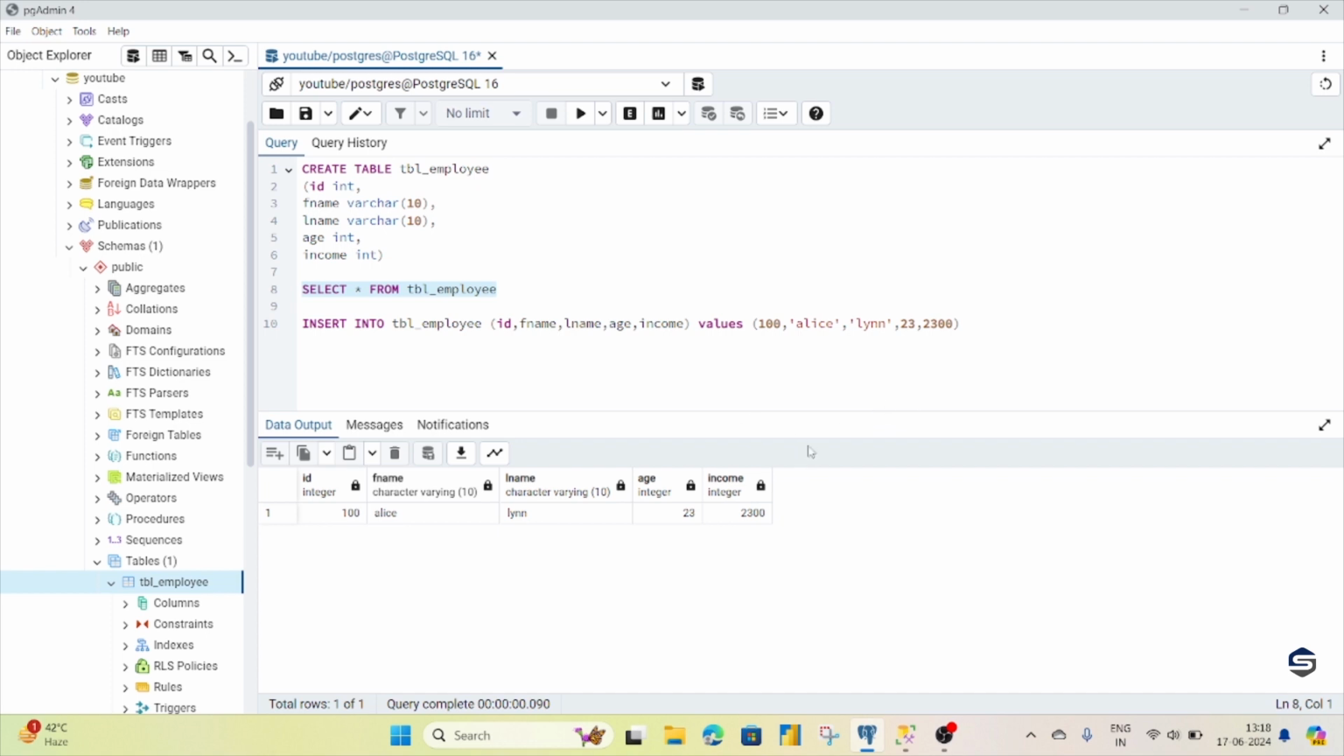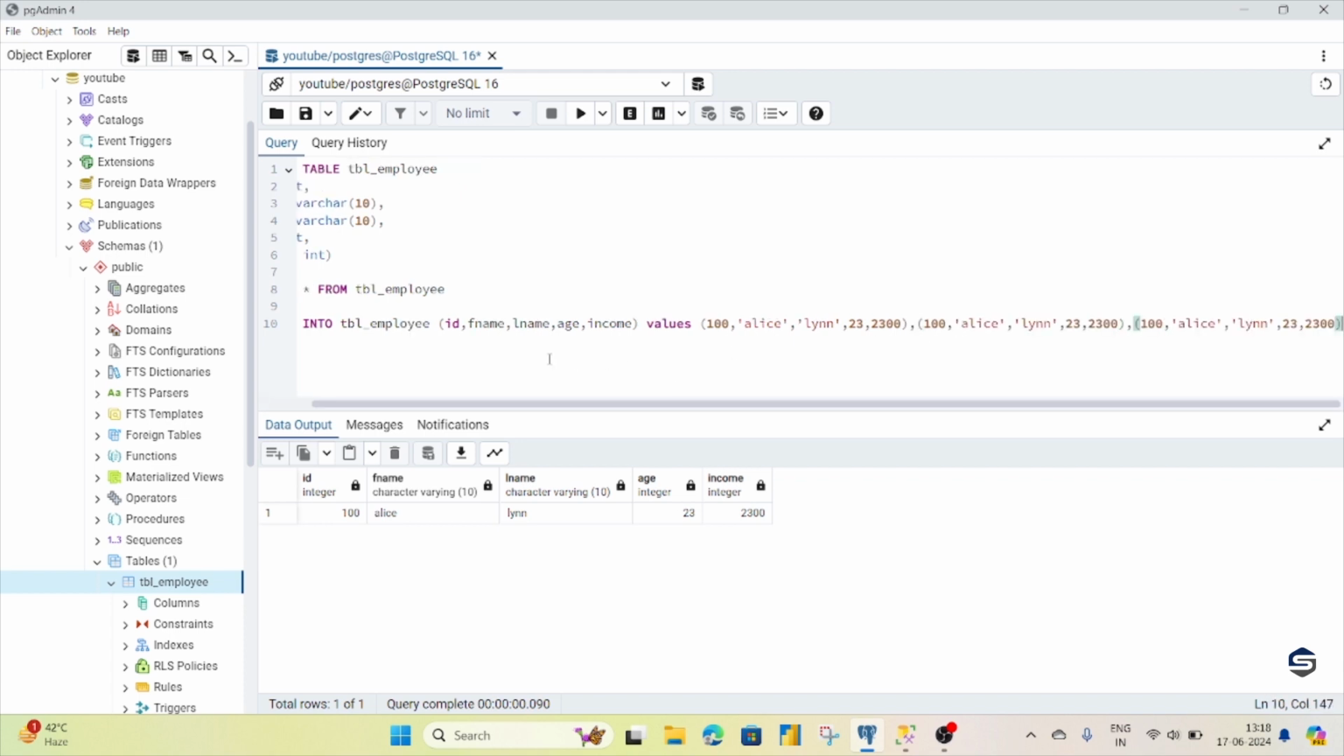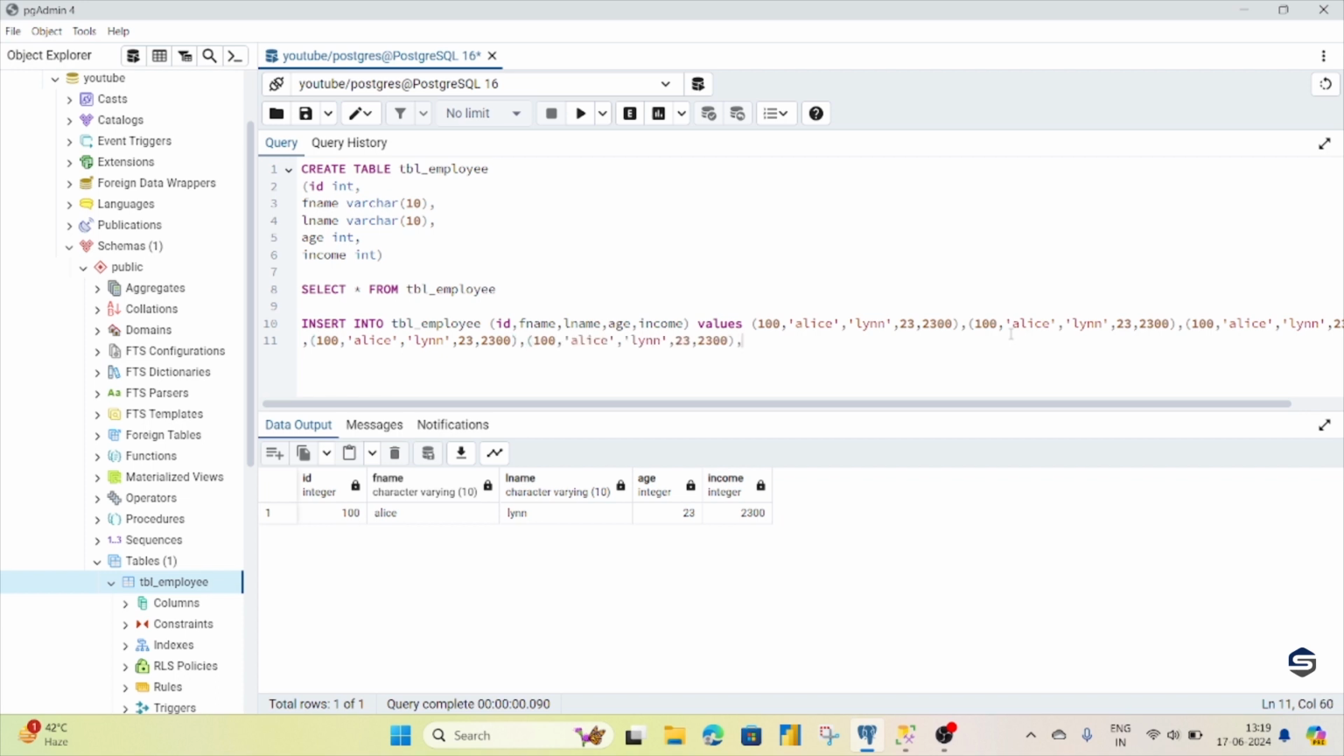Now I have inserted one record only. Now I want 2, 3 records or 4, 5 records to be inserted all together. Then you just copy this one, write a comma, then copy this one, write a comma, again copy this one, and so on. Like this I have inserted 5, 6 records, and now I'm going to change